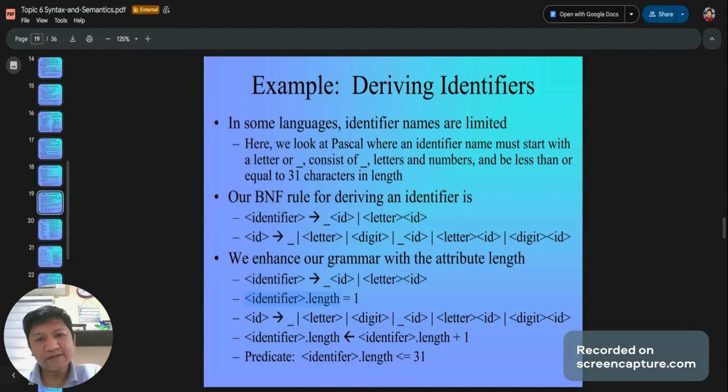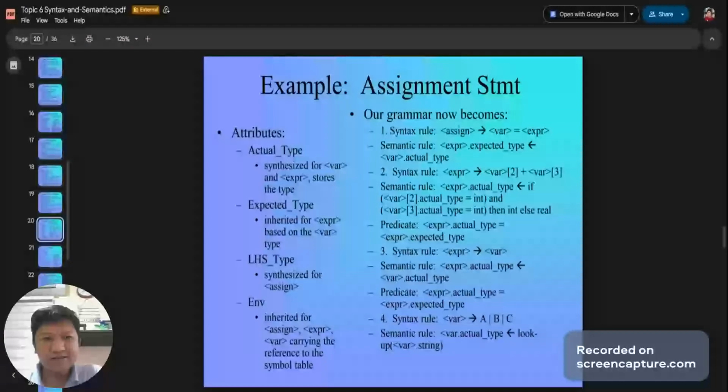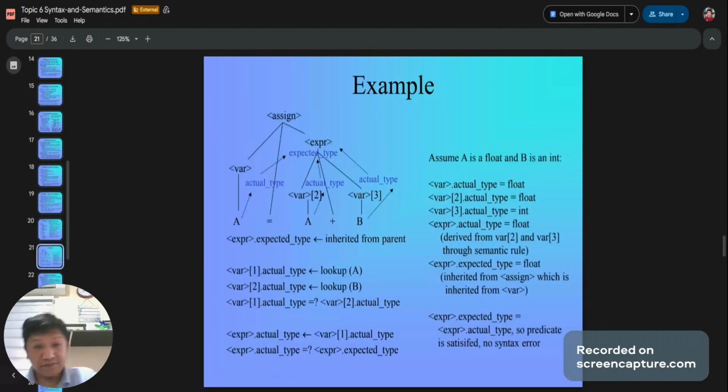You can limit the number of characters. Assignment statement. Okay, these can have attributes: actual type, expected type. And can also generate the parse tree.